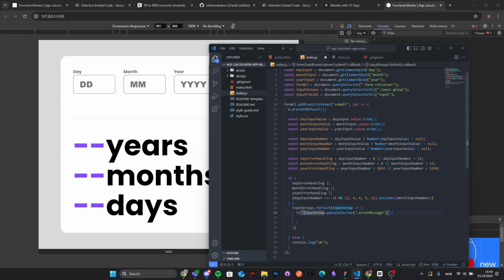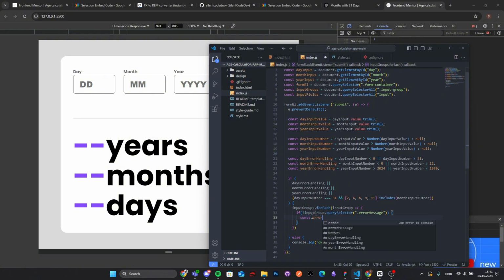So it's turning what would have been true into false. So we're checking if there is no error message, which is going to be true, because there's no error message. If I remove this, it would be if there is an error message, but this is going to be the opposite. So we're checking if there is no error message, and if there's no error message, we